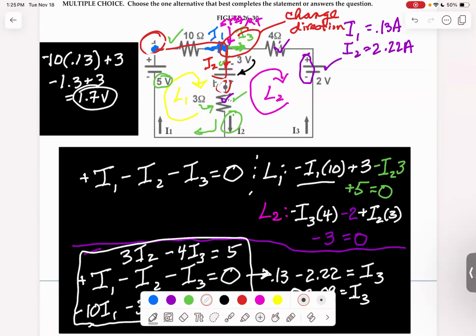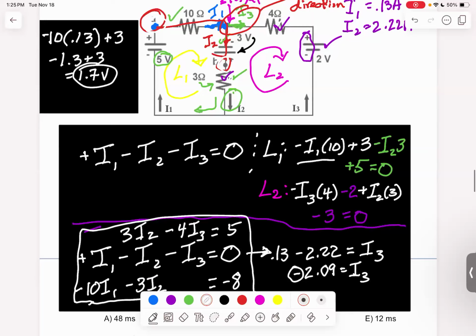Now I did a lot more than what was necessary for this problem. I probably could have gone right into that step, but I wanted to show you how to solve a system using Kirchhoff's law, similar to what you had in your lab work. Okay. Are there any questions there? Questions? All right.